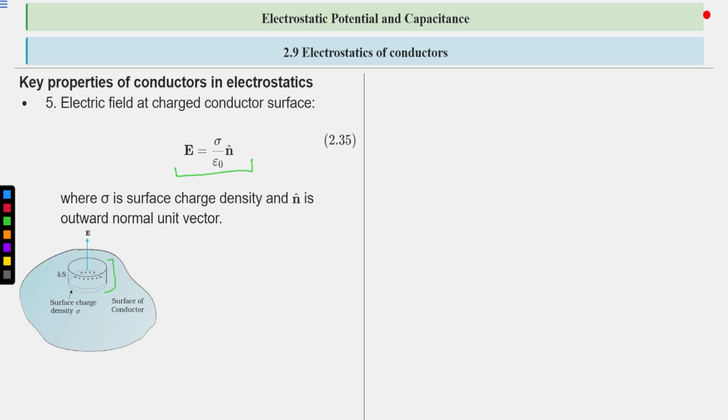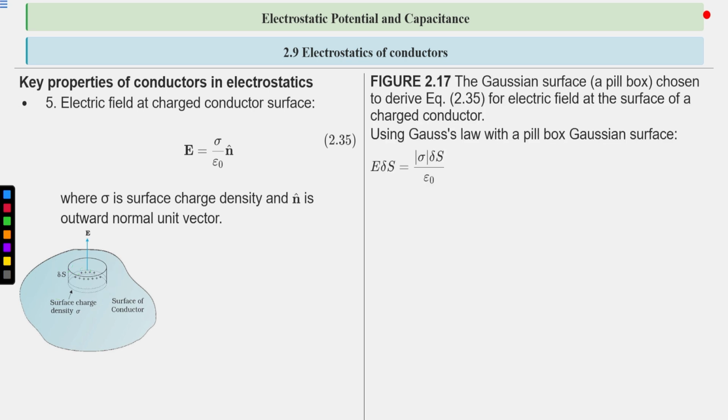Net flux through this surface. Delta S is the area of this small circular section of this pillbox surface. This is the electric field and this is the surface charge density sigma. Okay, what is the figure showing? The Gaussian surface, a pillbox chosen to derive the equation for the electric field at the surface of charged conductors using